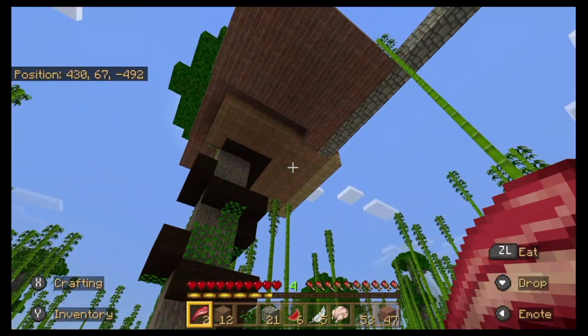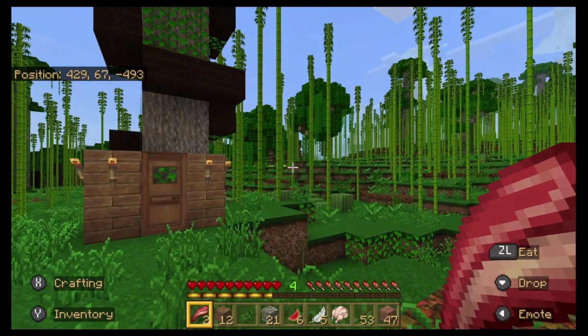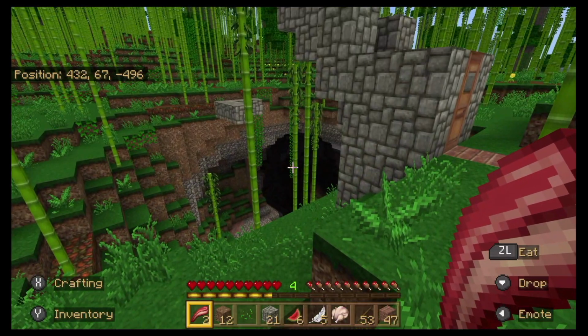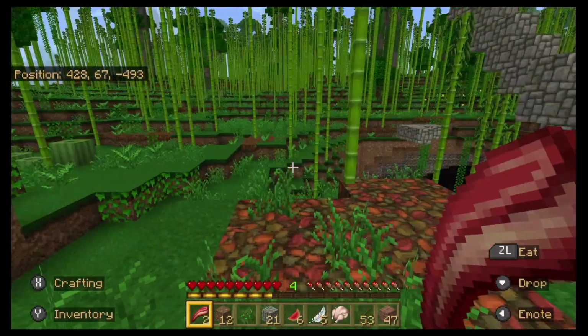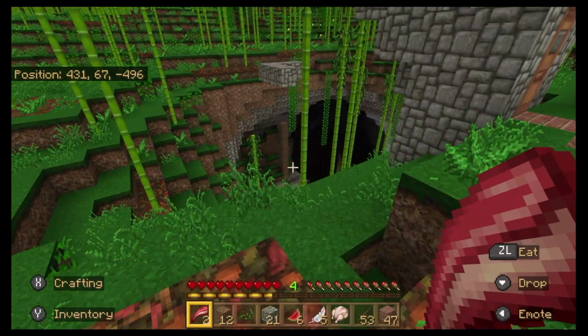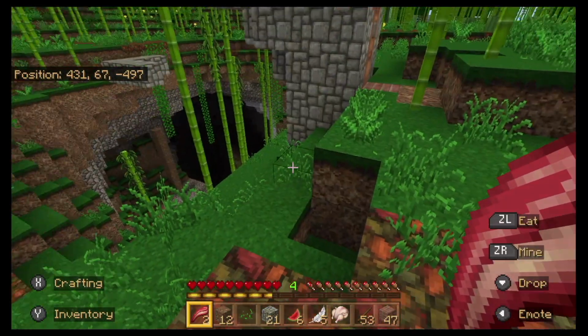Right, so I think there's some water down there as well. But I don't have a bucket and I can't make that without metal. I think iron is something we do need. That would be the most obvious place to investigate for minerals, so